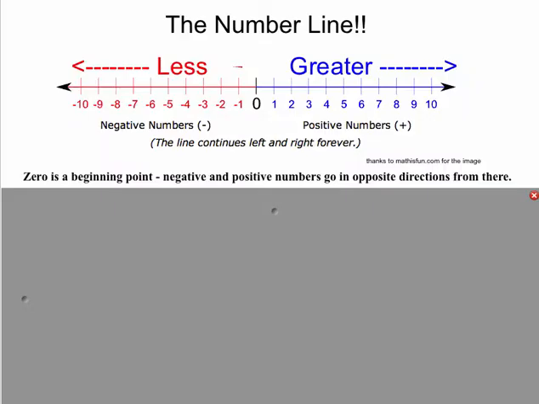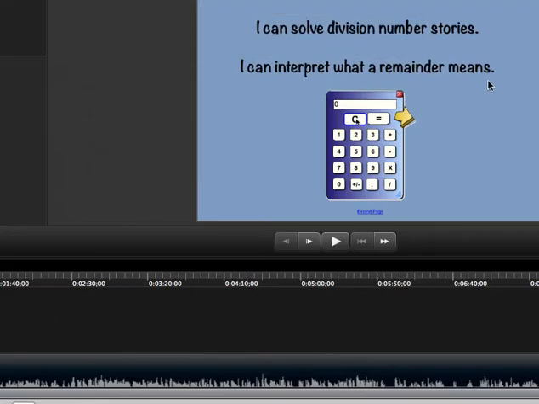So the first thing we're going to do today is take a look at our number line because we've spent a lot of time working with numbers 0 or greater, meaning